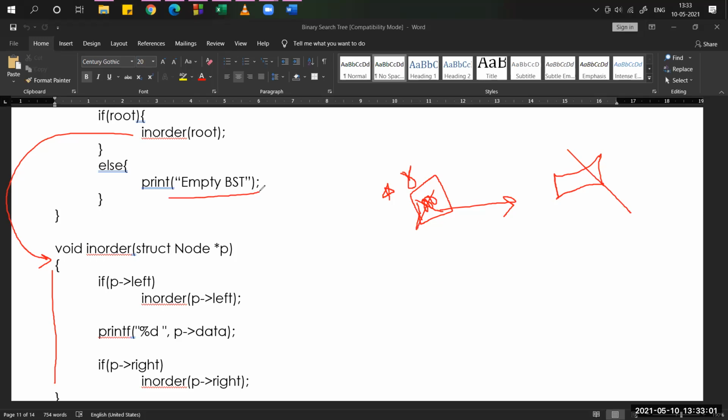If not, meaning some nodes are present, then this part will execute. What is the formula for the inorder method? The parent has to be present in between the left and the right child. Remember this formula: left, parent, right.